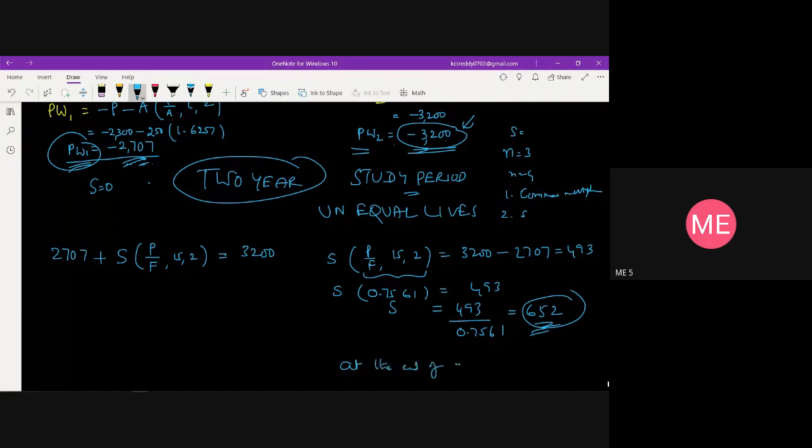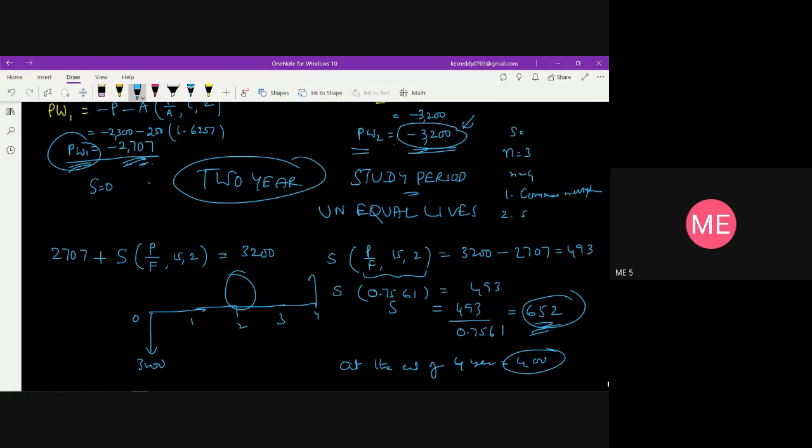it is going to be 400, that is mentioned. But at the end of 2 years, what is the salvage value? Because that is not taken into consideration for calculation. That is not considered because this is the 3,200 and 1 and 2. Because we have not taken this salvage value here. So what is the salvage value? This asset has the salvage value at the end of 4 years of 400.